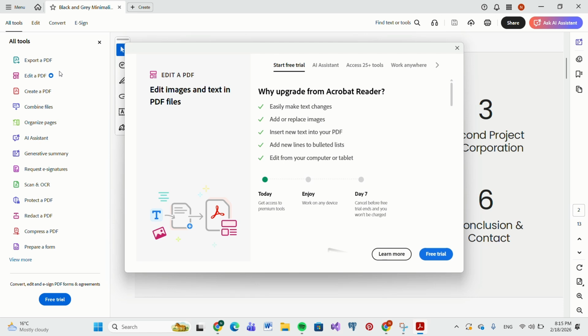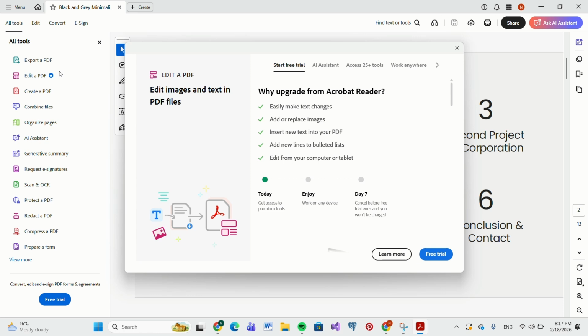But if you have already paid, once you tap on edit PDF, Acrobat will automatically detect the text and make it editable. Now simply click directly on the text that you want to change. You can delete the words, add new text as well as correct spelling just like you do in a Word document. You will also see formatting options on the right side where you can change the font size,